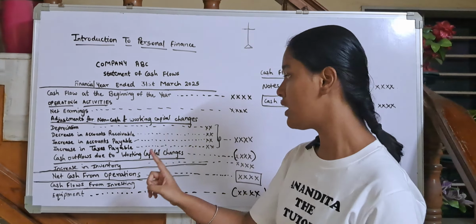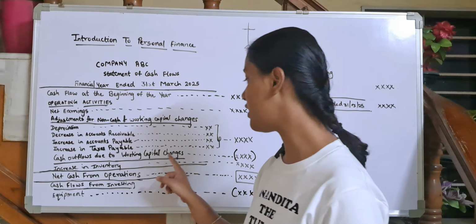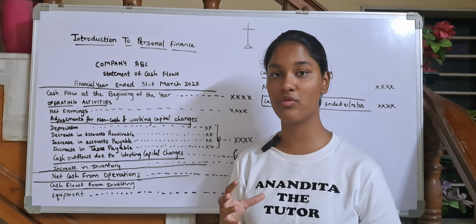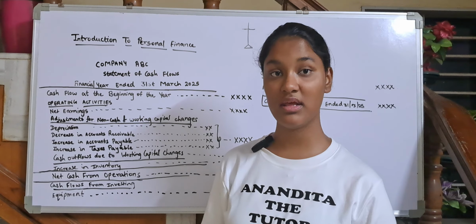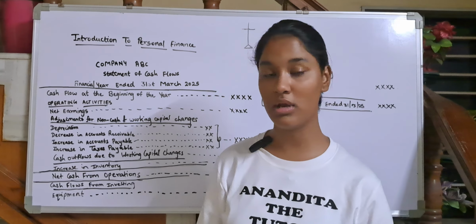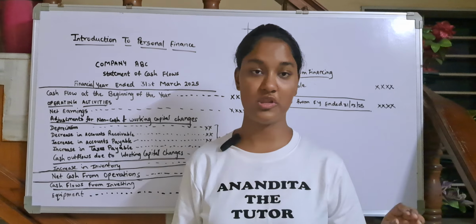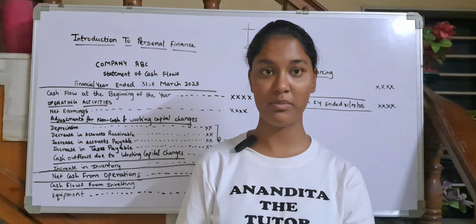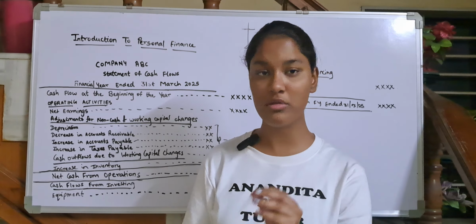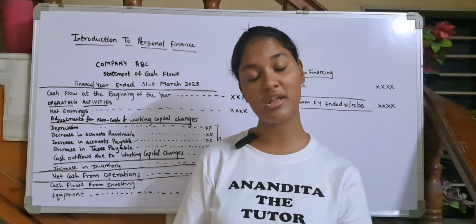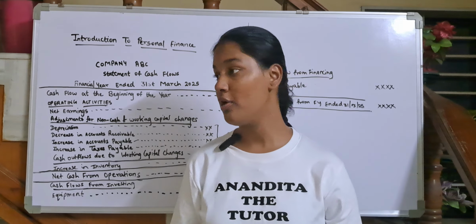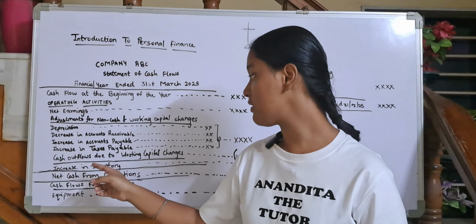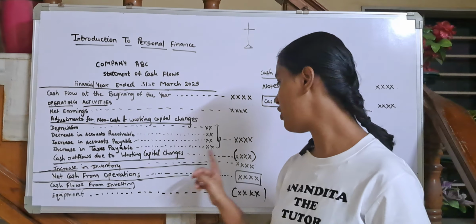Okay, now cash outflows due to working capital changes. Now what is working capital? This is your everyday working capital. Working capital is on a daily basis. ओके, तो जितना पैसा आप लोग डेली अपने बिजनेस में डालते हो, थोड़ा थोड़ा जो छोटा अमाउंट रहता है ना, दैट इज योर वर्किंग कैपिटल. तो दैट वर्किंग कैपिटल इज कैश ट्रांजैक्शन. तो इट इज कैश आउटफ्लो, कैश आउटफ्लो इसलिए वो